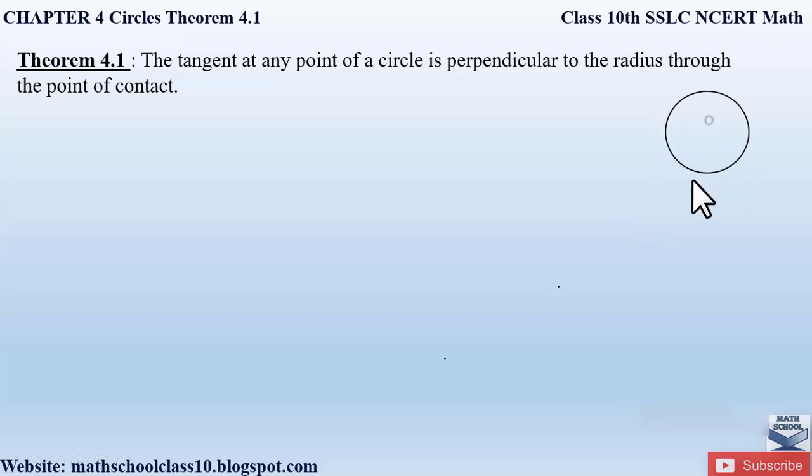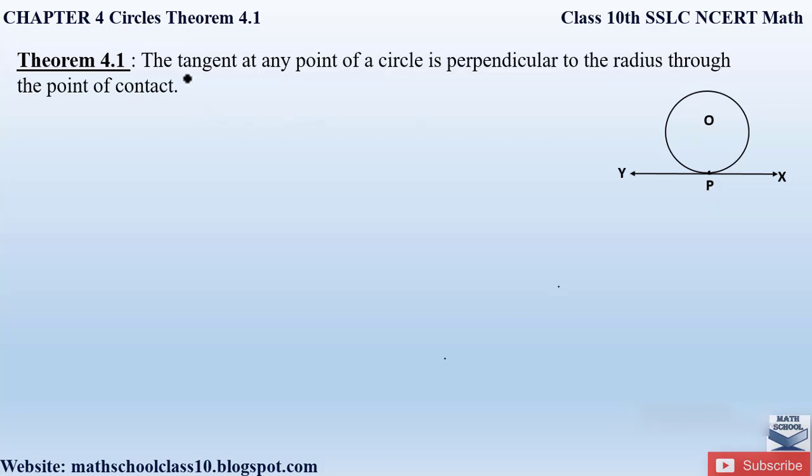Here we have a circle with center O and we have a tangent. Let us name this tangent as XY. They are saying that this tangent at any point, so the point of contact between the circle and the tangent is point P. This is nothing but the point of contact. I explained the definition of point of contact in my previous introduction video to this chapter. Point of contact is nothing but the common point between the circle and the tangent. At a single point, this tangent and the circle touch each other, so that common point is the point of contact. Here we have named this point of contact as point P.